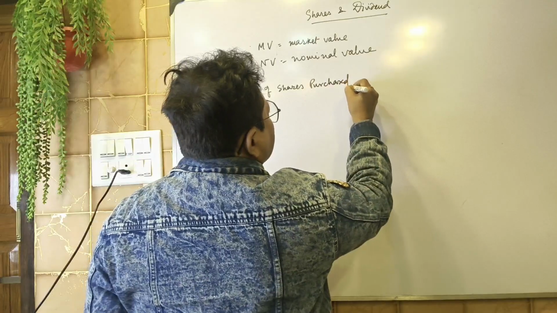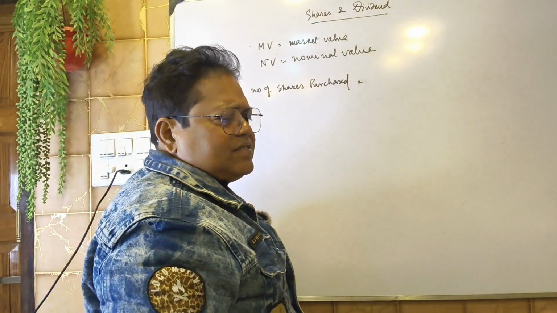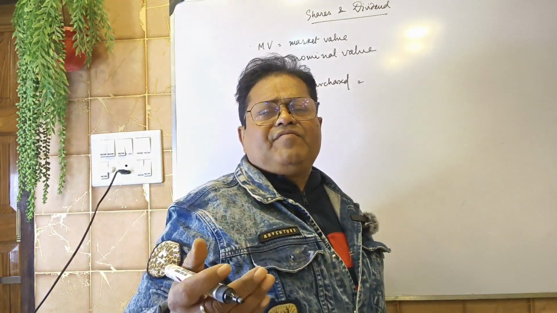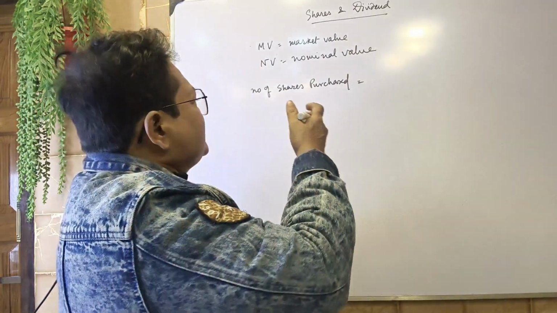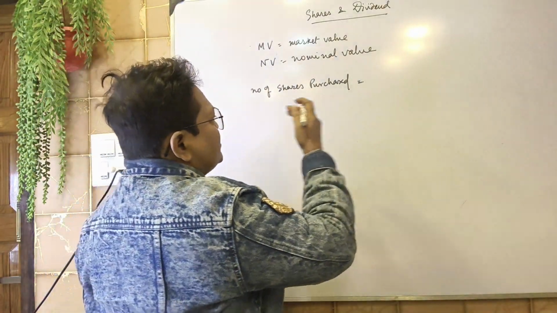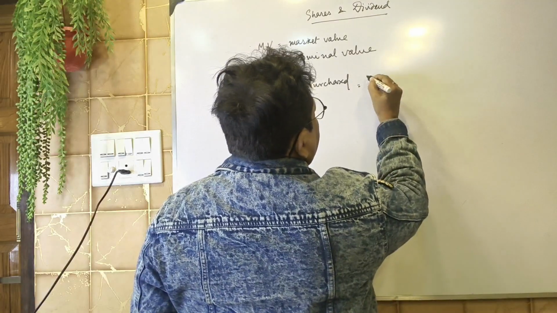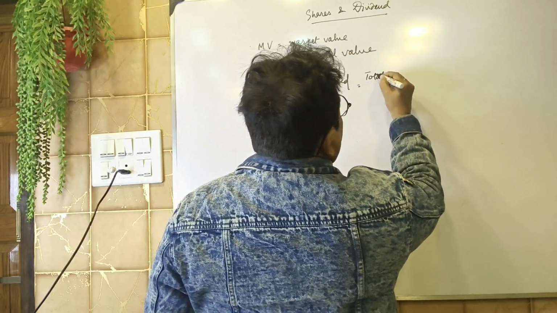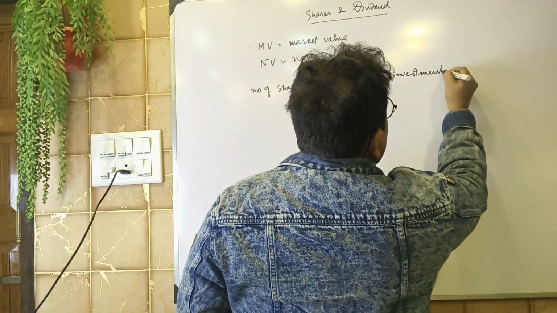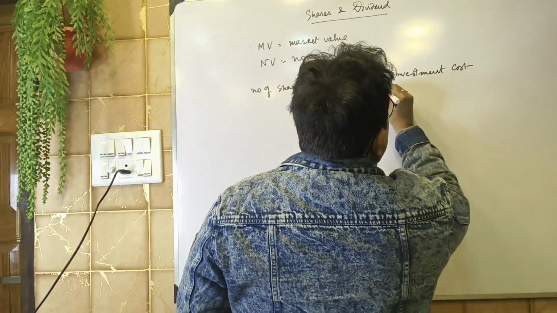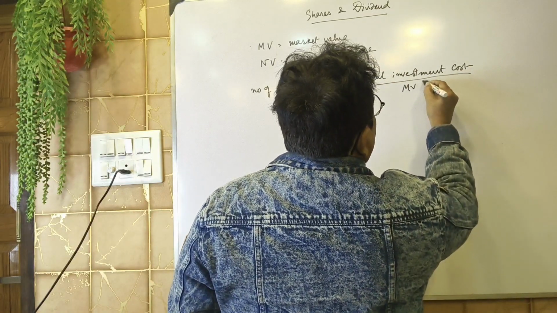How will you get it? There are different relationships from different information. As per the given information, you can get the number of shares purchased as total investment cost divided by the market value per share,